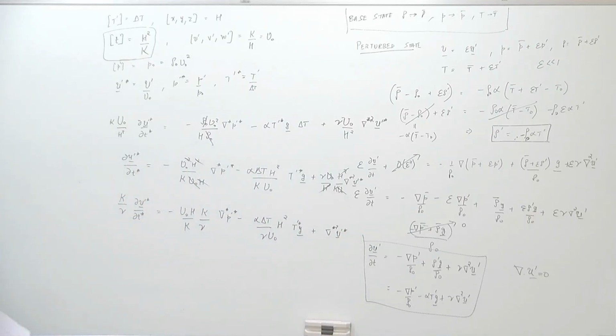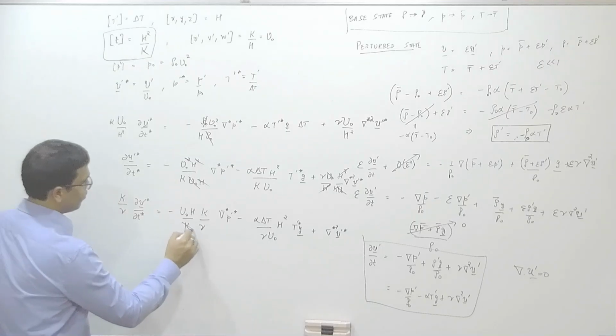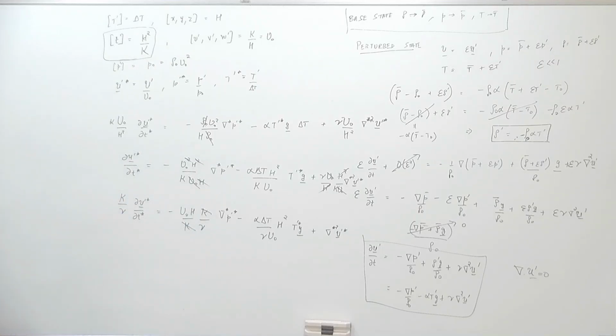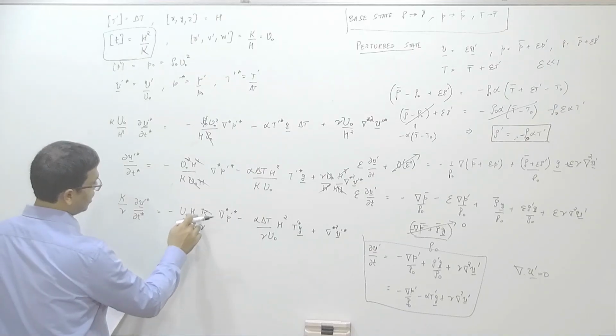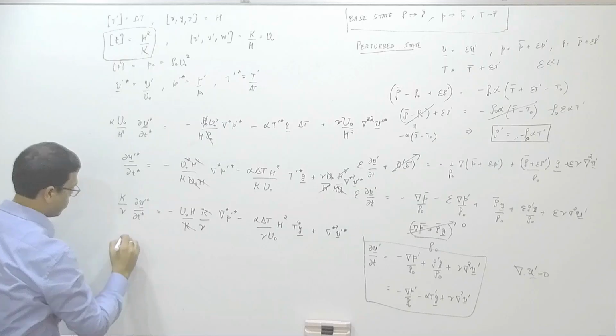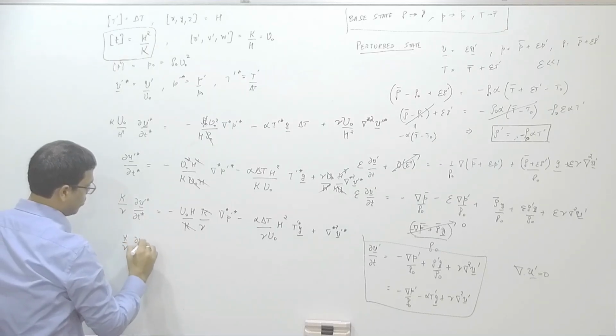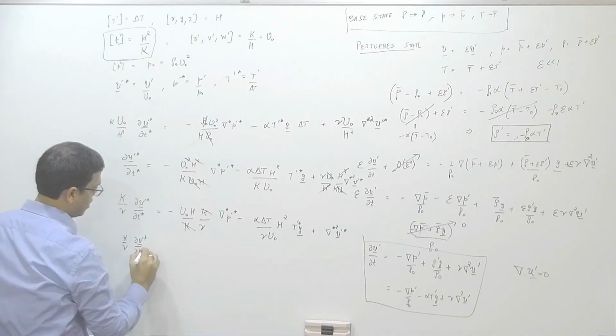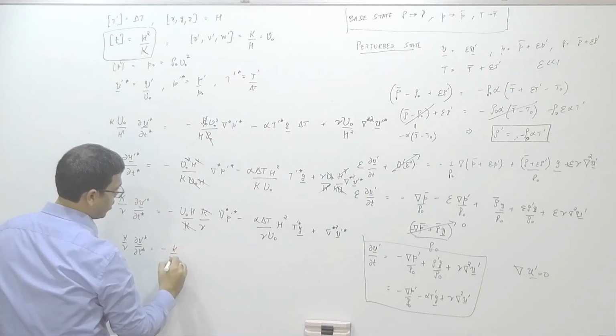Okay, so you have u naught h by nu, which is nothing but kappa by nu. Okay, u naught h by nu is kappa by nu. So you have kappa by nu del u prime star over del t star equals minus kappa by nu del star p prime star minus,